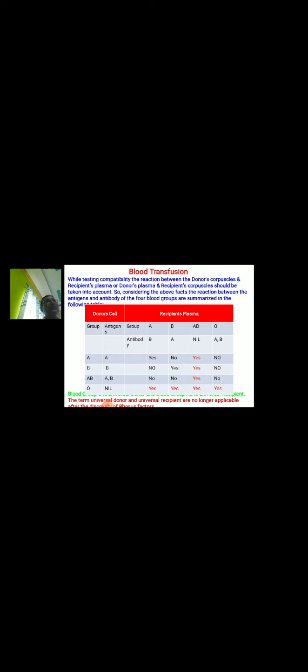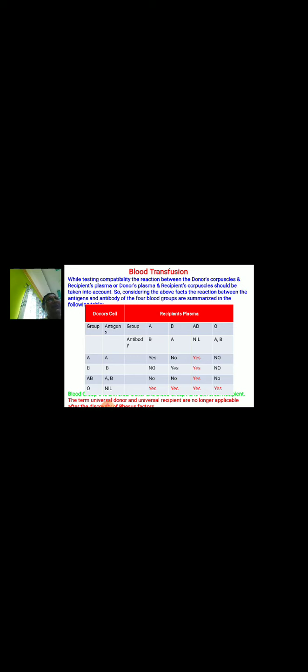Okay. So these parameters are taken for what? For matching the blood transfusions. So when A and A, that means A group and A group is combined, that means A and B, that is yes, this is compatible. Because A antibody, A antigens, A antibody is no matter, there is no clumping. Now when A comes with another A, both antigen A and antibody A, then there will be clumping, there will be no blood transfusion.